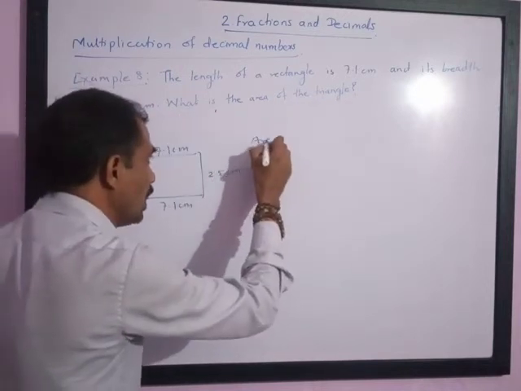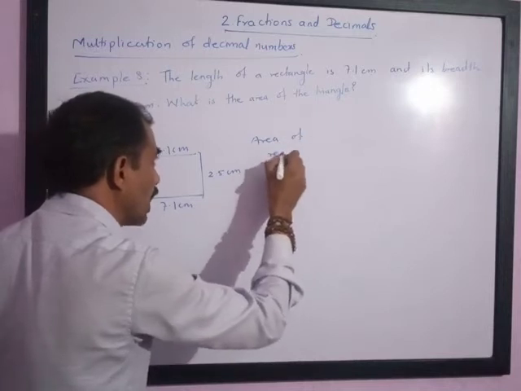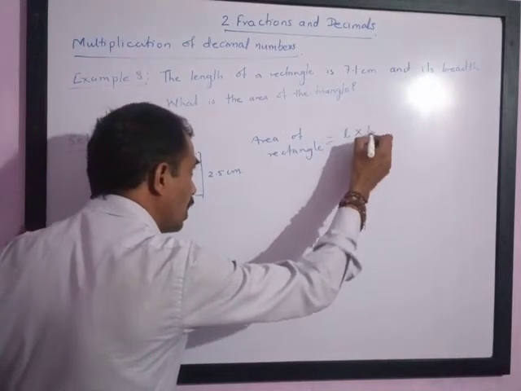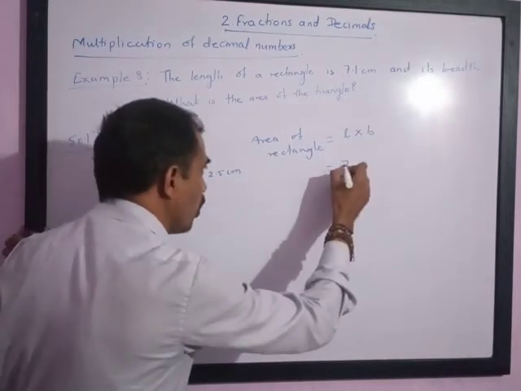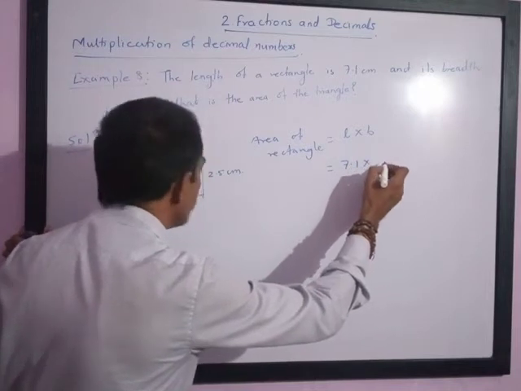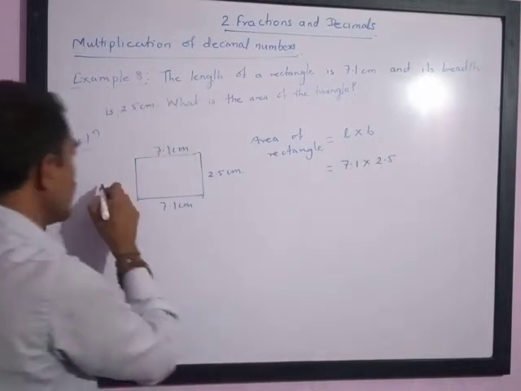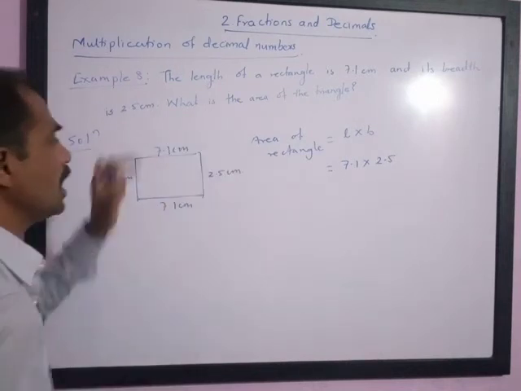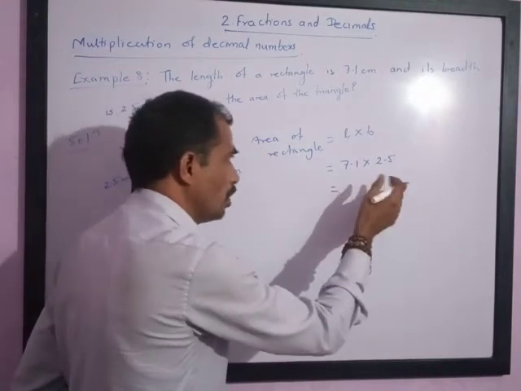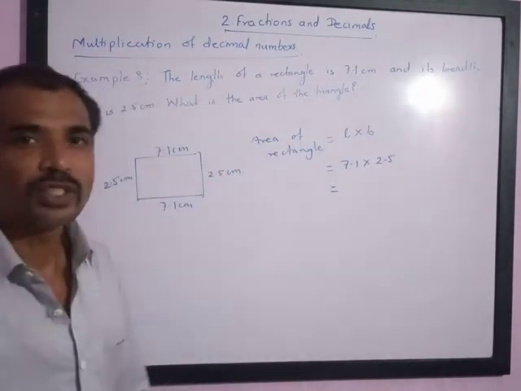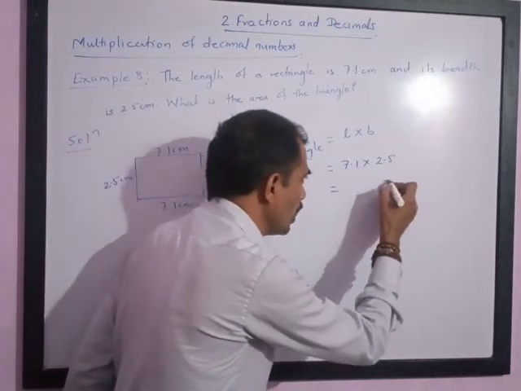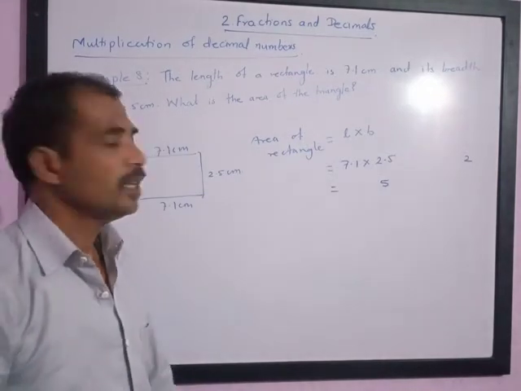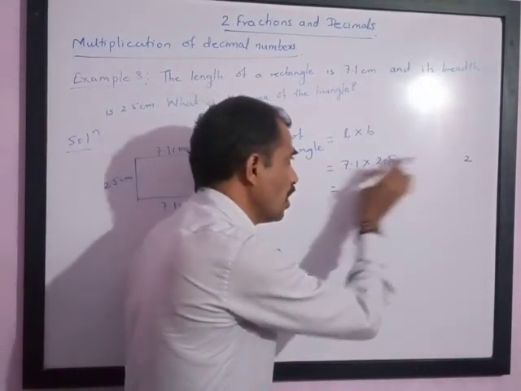We have the formula: area of rectangle is equal to length multiplied by breadth. So this is equal to 7.1 multiplied by 2.5. Understand this? Breadth is 2.5 centimeter and length is 7.1. Now we know how to do the multiplication. Multiply as if the decimal point is not there. So 25 ones are 25, 2 carries, 25 sevens are 175. 175 plus 2 is